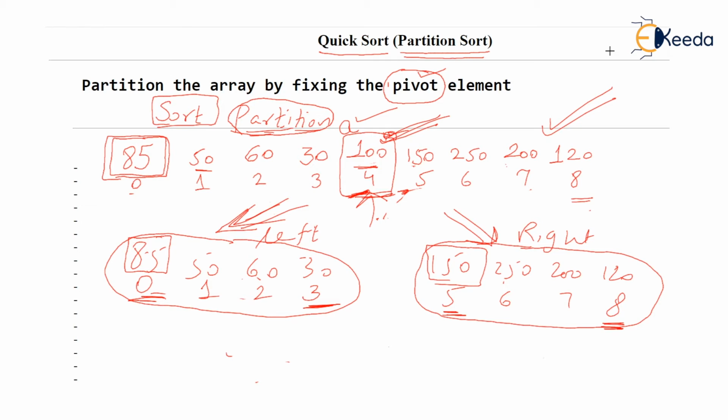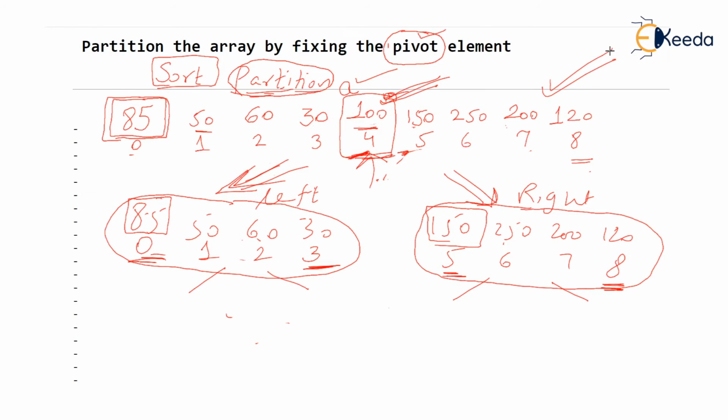Just check my words. All the elements will get fixed at their proper place and we will get the entire array sorted. By the way, this video explained to all of you what the partition process is. I am not continuing in this video to partition this left part and this right part. We will do all that hard work in the coming videos.